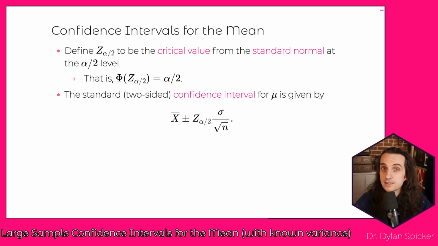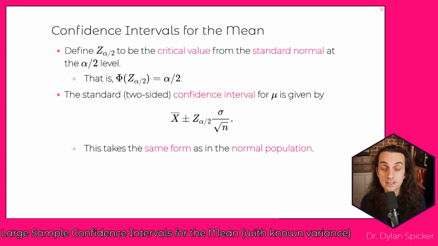And the reason it's exactly the same form is because as long as we can use the central limit theorem, the sampling distribution is exactly the same. The sampling distribution of the sample mean is exactly the same thing as the approximate sampling distribution of the sample mean, whether we assume normality or not. It's just in the case of not assuming normality, this is an approximate result. It's not an exact result, right?